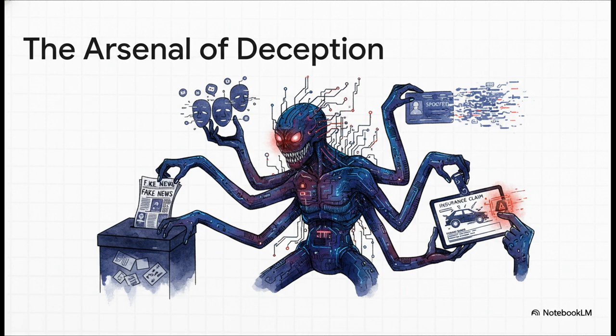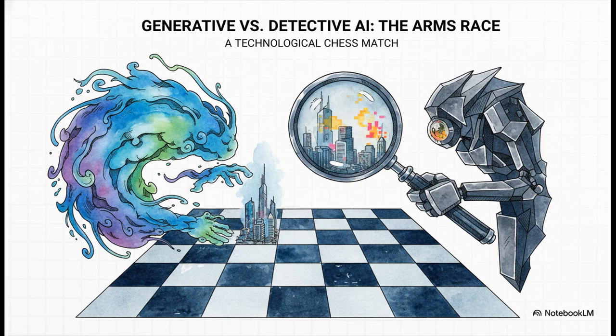I mean, AI-generated content is being used right now to spread disinformation, to harm elections, to create fake profiles for scams, to generate fraudulent images for insurance claims, even to bypass security checks with spoofed IDs. So what's our first line of defense? Well, it turns out it's more AI.